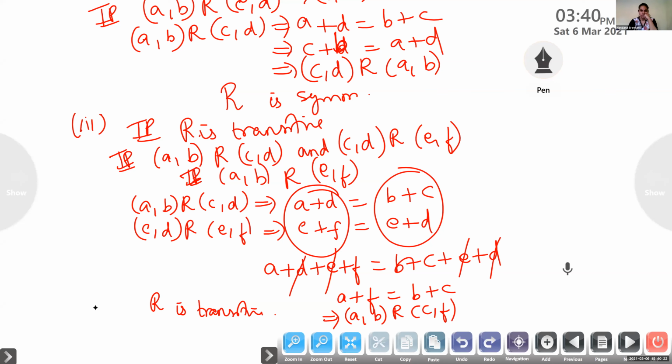Ma'am, yes, Nandana. In this question, E plus F should be C plus F, right? CD related to EF in the transitive part. I want A plus B. Here it is, and this is C, isn't it? This one is C, so C only gets cancelled. So E will be there. B plus E, so it is E comma F. Okay, so C and C only will get cancelled. E will not get cancelled.